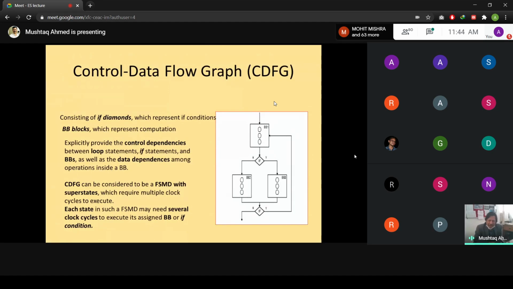So usually I do not depict what has been written on the slide, but for the sake of simplicity, I am stating here that in the control data flow graphs, we are also depicting the different types of inputs and the data dependency. Having those inputs available, only in that case would we be allowed to go to the next level, otherwise we have to go to the other part.